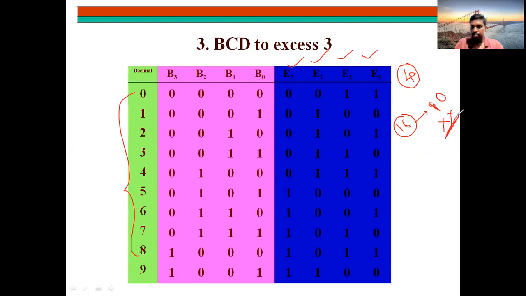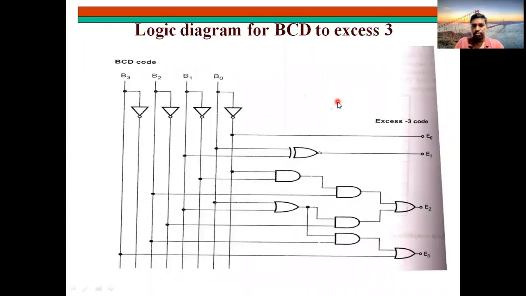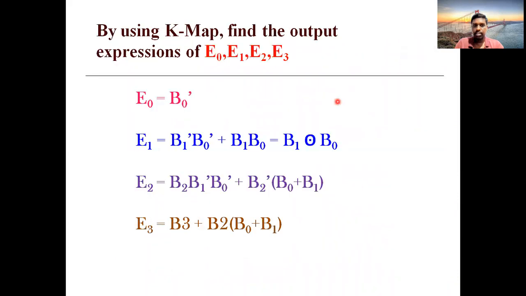Already you know how to simplify don't cares. Wherever you have a possibility to form an octet or a quad, then we can replace it with any value, either 0 or 1, according to your convenience. So like that you can convert here. See, you will get these values after simplification.